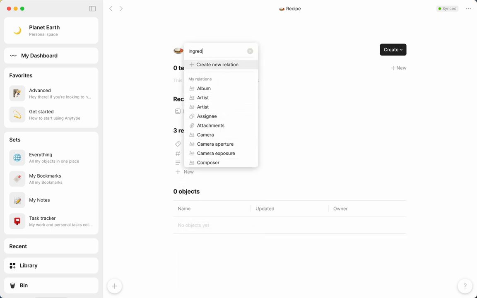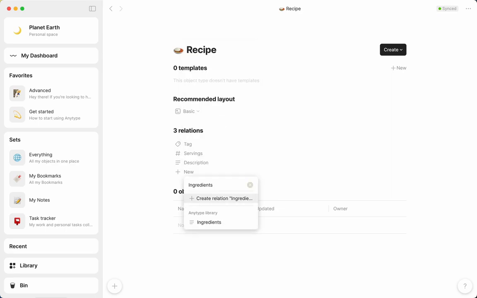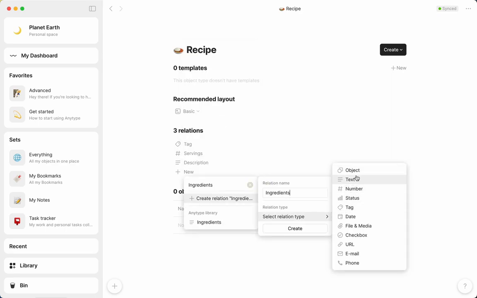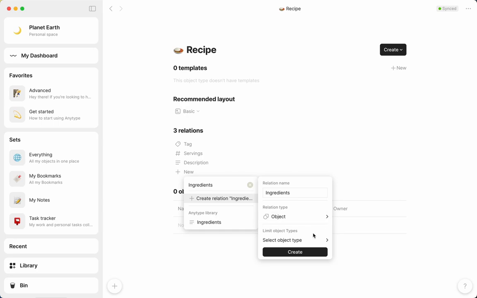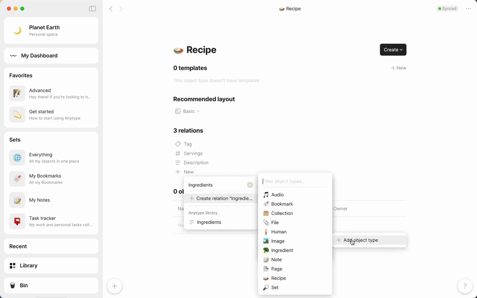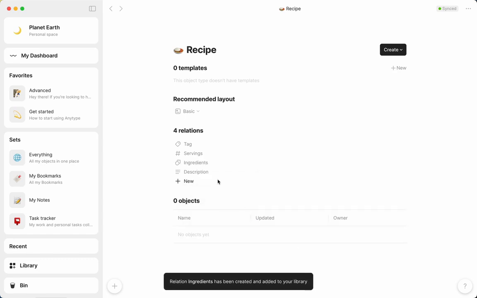Relations, remember, are like properties of an object, and by adding them here in the types library, I can make sure that I'll remember to add these relations each time I create a new recipe in AnyType. Right now, I'm adding the relation ingredient, which has the relation type ingredient. In doing so, I'm telling AnyType that each time I add an ingredient to a recipe,